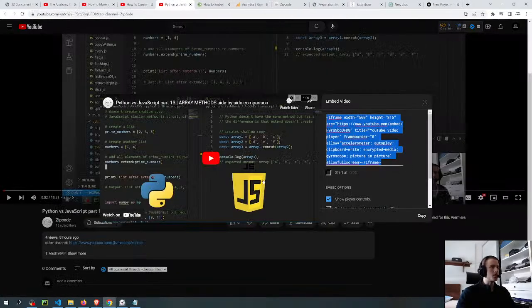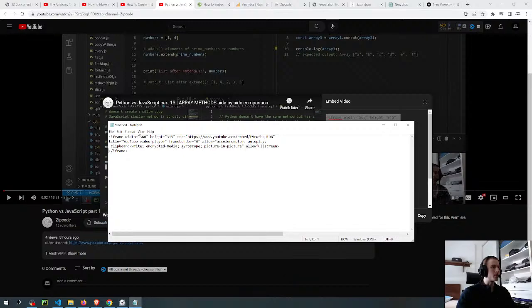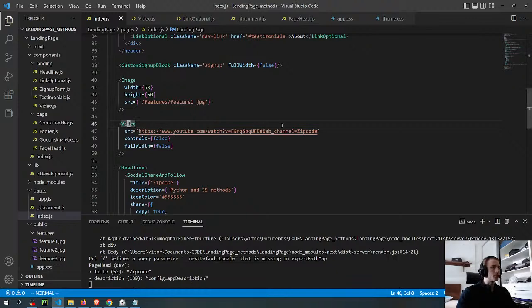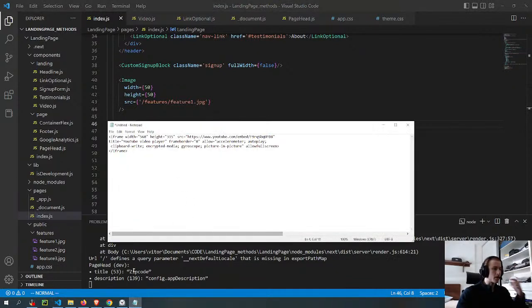And here I was seeing that I did something wrong, which is that if you want to put a YouTube video on another site, you have to use something called an iframe. And I posted the URL for the video instead. Actually, the template that I got, he creates a component and then he puts the iframe on the component and passes the properties of the iframe as props. And I just put the URL for the video itself,